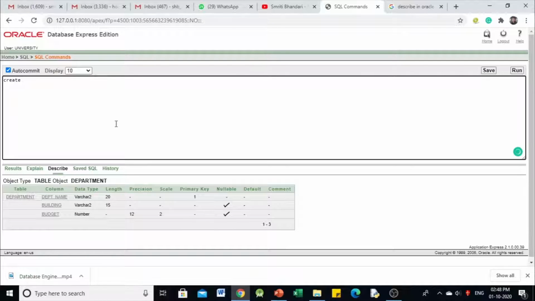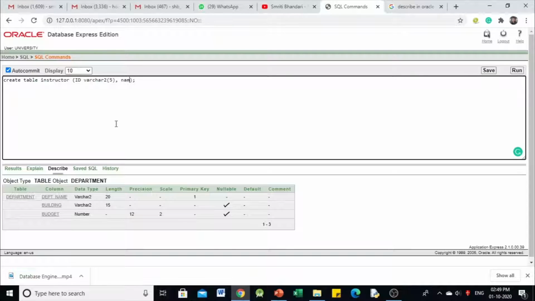So I am providing here the statement create table instructor. So we are listing now the attributes, ID of the instructor, so ID varchar2 and size is 5.